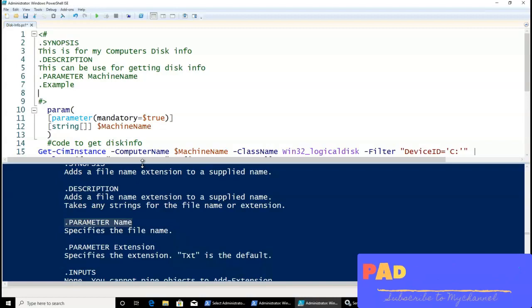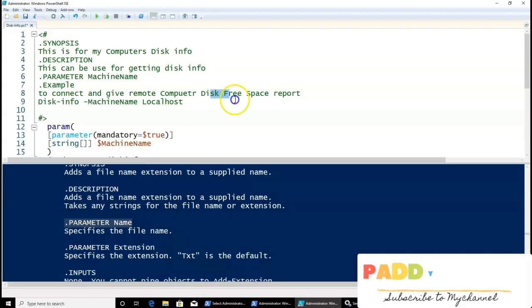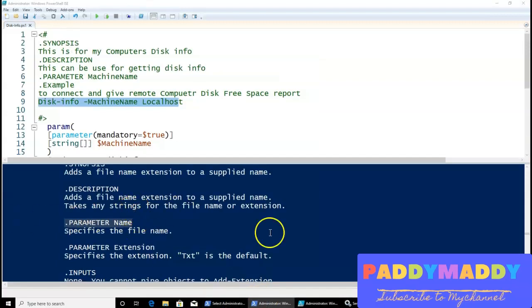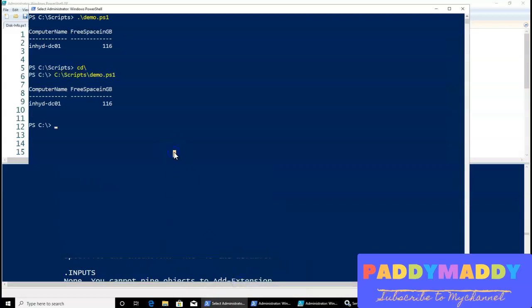For example, to connect, you can say: to connect to the remote computer to get the free space and the free space report. And the example for this script to be used is this way, right? The disk hyphen, because that's the script name we have here. Let's say if you want to give it a try, just to get that specific script to work, you can check out from the C colon scripts,